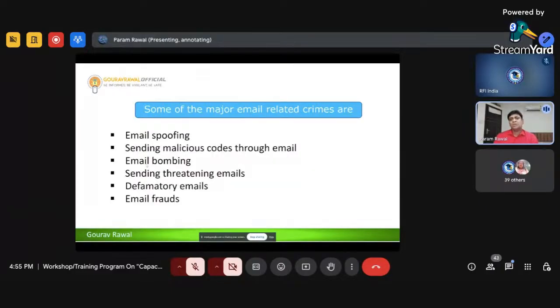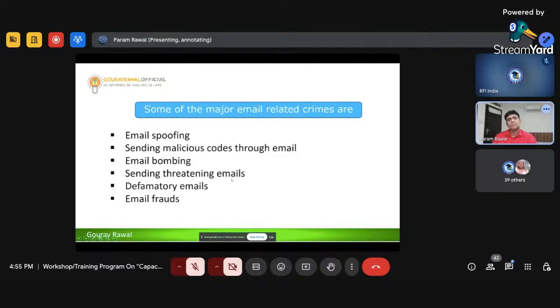Some of the major email-related crimes are email spoofing, sending malicious codes through email, email bombing, and sending threatening emails, a case I already discussed.